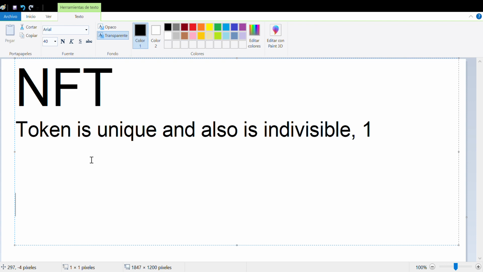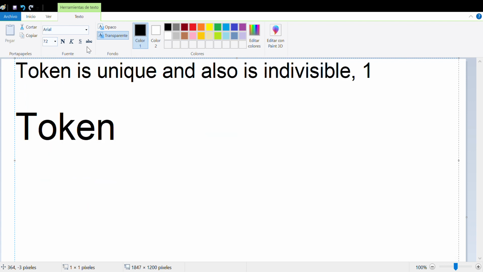A token is, I don't really know so much about this term, but let's say, for example, Bitcoin is a cryptocurrency, Solana is a cryptocurrency, and there are so many others.